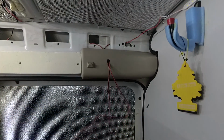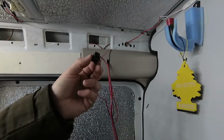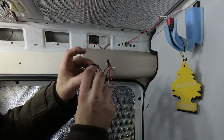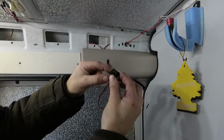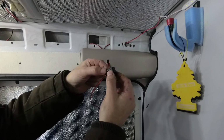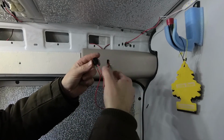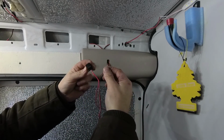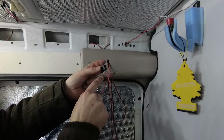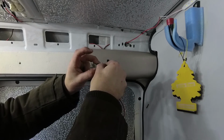Now you just want to connect up the switch like I showed you at the start of the video. As you remember, the positive from your stock lights goes into the off pin on the switch, the positive to the LEDs comes off of the on pin on the switch, and then you connect your negatives up together. So the negative from the power goes to the negative of the LEDs. It's really just the positive connection that you want to interrupt with the switch. So if I click it on,